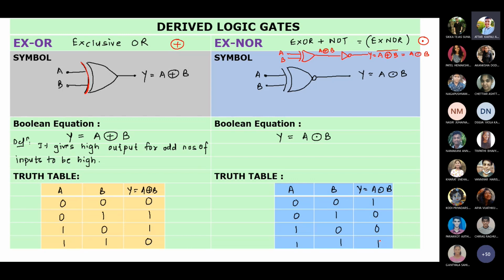Yes, ma'am. So these 7 logic gates you should know thoroughly. What are basic logic gates? What are derived logic gates? What is the symbol? What is the Boolean expression? What is the mathematical symbol representation of it? And what is the truth table? So all these things you should know. This is actually the base.